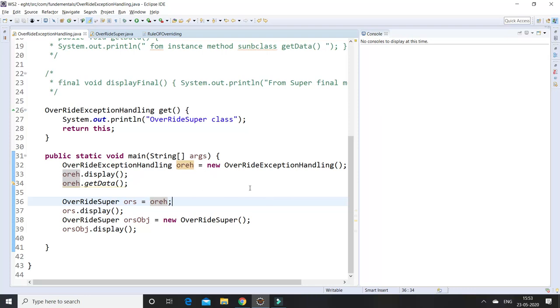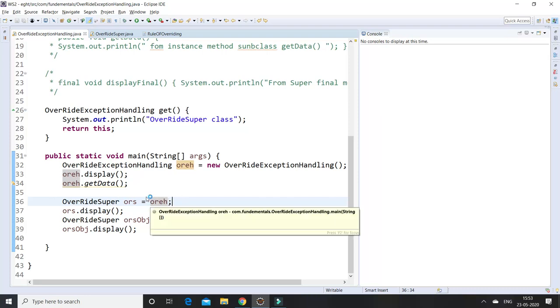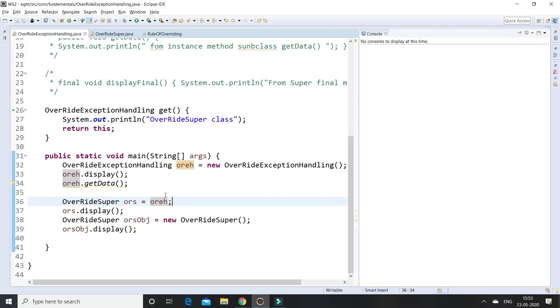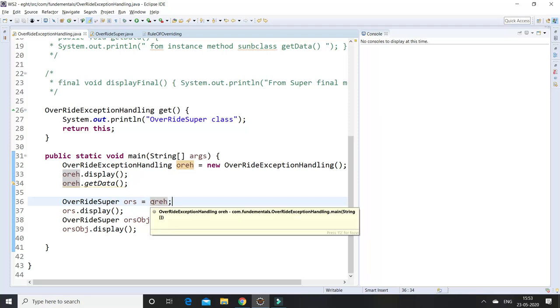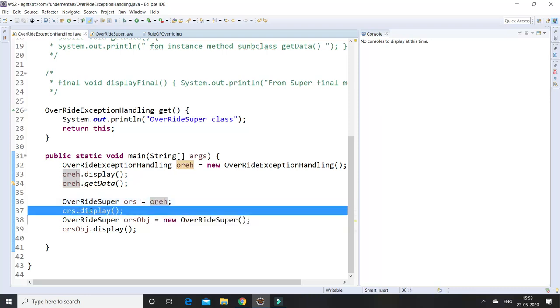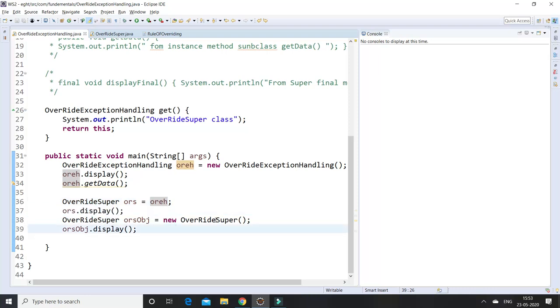Here I am directly creating the instance of the particular subclass object, and here whatever object I created previously I am assigning to the superclass level. This is called dynamic dispatch. Whenever we assign this object to the superclass, at runtime it identifies which object it is referring to. Currently it is referring to the subclass object, so it will call the subclass method. Next, I am creating the object of the superclass, which will directly call the superclass method. So I am going to run this application.